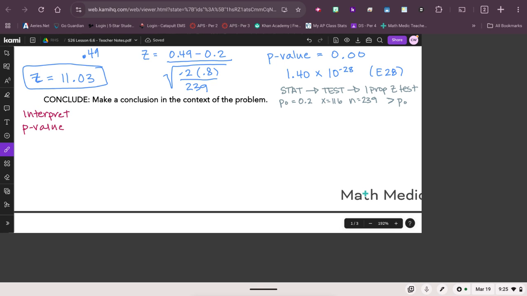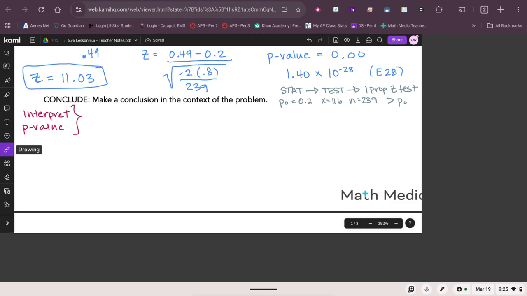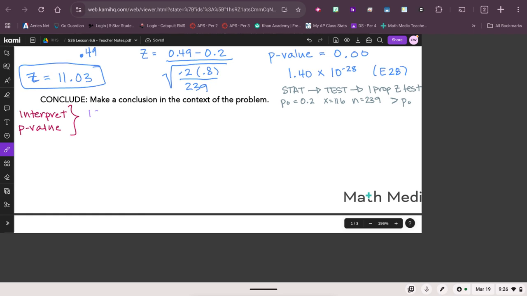And usually they only have you interpret the p-value when you are doing like multiple choice. But just in case, if you want to put it on your paper, it's helpful to understand how to word what you found. So we're going to say that if the true proportion of guessing Skittles correctly is really 0.2,